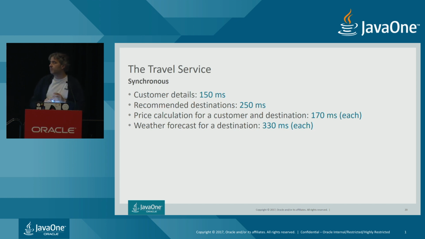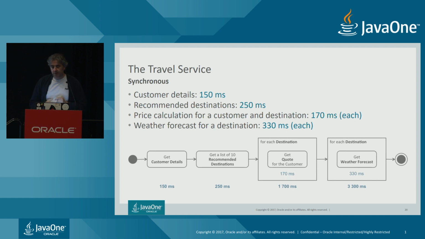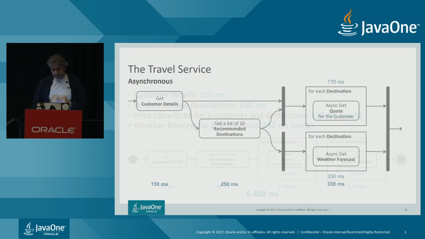This is pretty obvious, but if we put some cost on some weight on the request invocations that we have to do, we clearly see that a pure blocking serial approach doesn't really make sense. It will take about 5 seconds to return those results. So that's clearly not something that we want to do. On the other hand, we can optimize our orchestration workflow between the different service invocations.